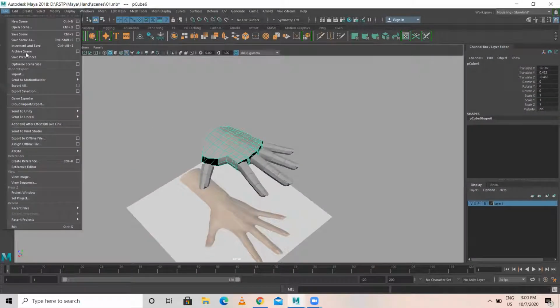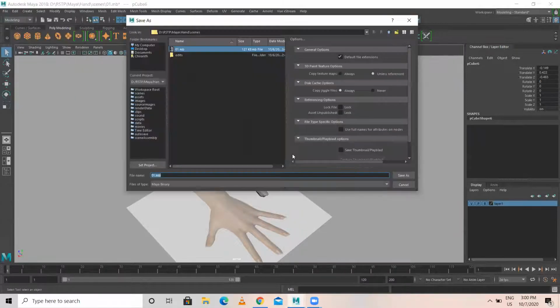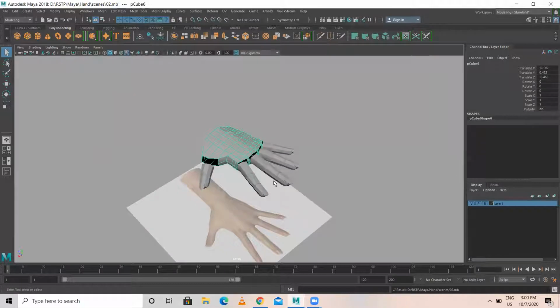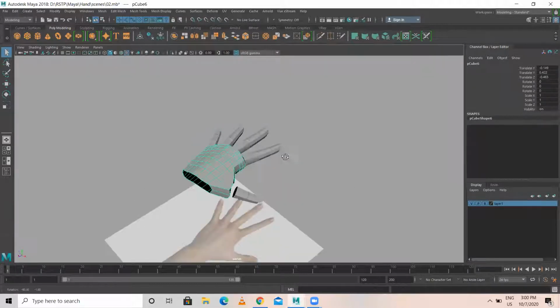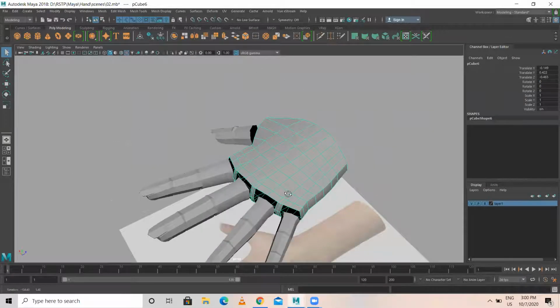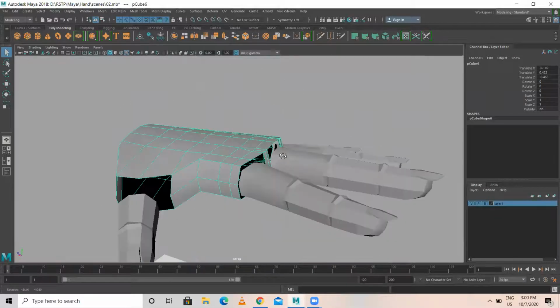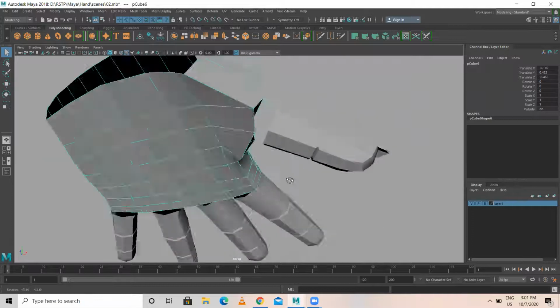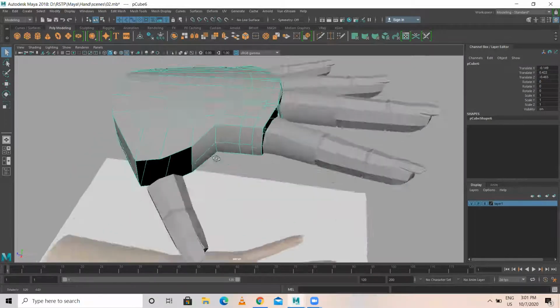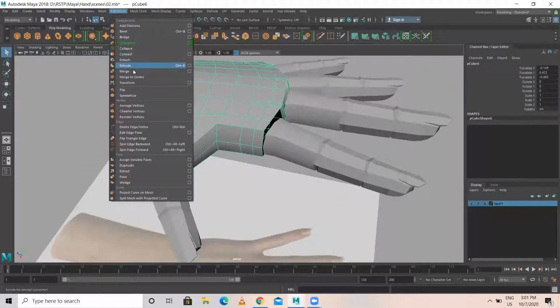Now what I'll do, File, Save As. I want to do incremental save. That is, now I'm saving as 02. Okay. So the next step is I have to combine all this. Before that, let me just check. Can I add a mesh here?